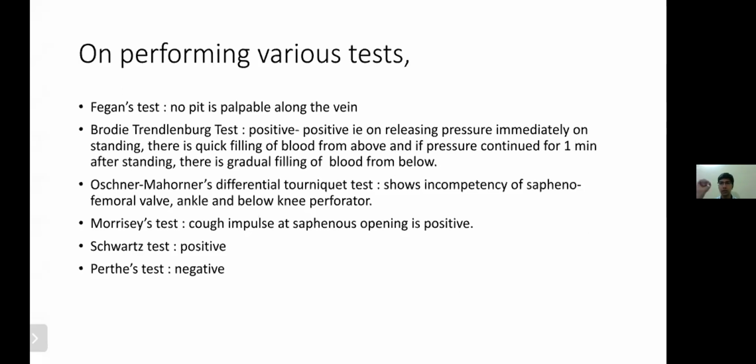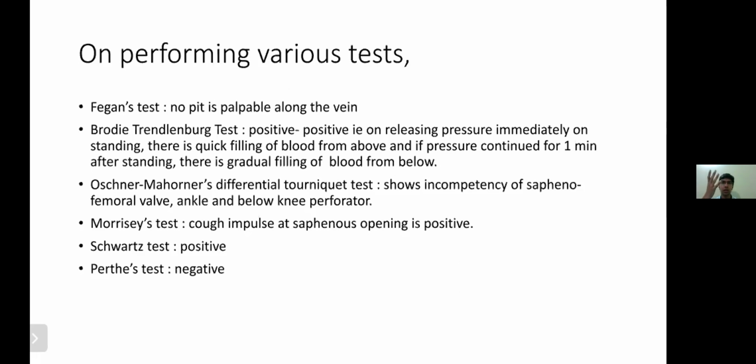The alternative method is you put your thumb on the SFJ and ask the patient to stand up immediately, and then keep the thumb there for 2 to 3 minutes, and then remove the thumb. Instead of a tourniquet, use the thumb. So you palpate the pubic tubercle by asking the patient to internally rotate the hip against resistance and see the insertion of adductor longus. Find the pubic tubercle, go 3.5 centimeters below and lateral to it. Find the SFJ, put your thumb, press against it.